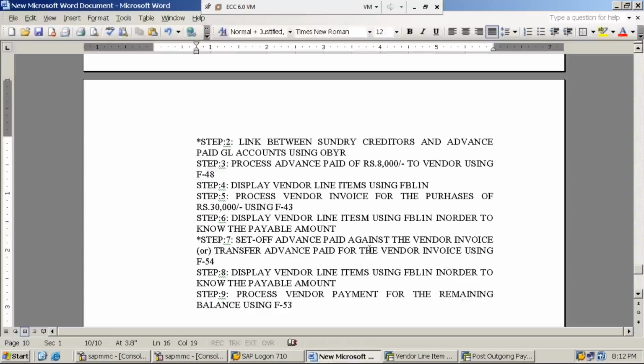So what we have done, initially we have paid advance, then we have processed vendor invoice, then the advance paid we adjusted against the invoice, and then we have cleared the remaining amount, balance amount. Now if we go and see, the vendor account should show us the zero balance as the payable amount. Let us ensure that. Step number 10,